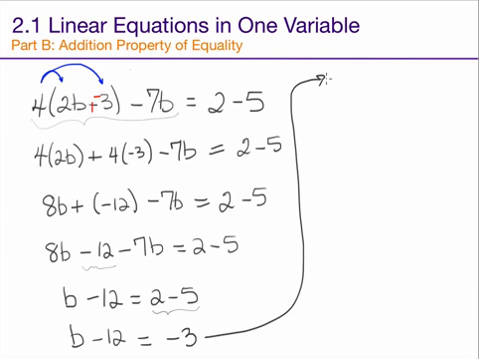I'm not changing anything, I'm just copying it down as I have it in that last line. Now the problem is in a form that I recognize as being ready to add or subtract from both sides. I'm trying to figure out what the value of b is. At this point, I know what b minus 12 is, but that's not really helpful. If I add 12 to both sides of the equal sign,